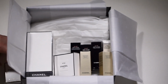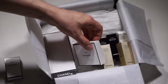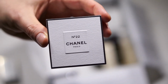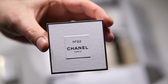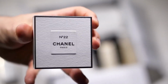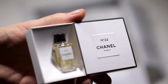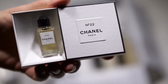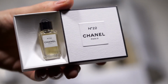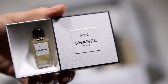What else do we got there? Let's move this here. Number 22, you know, I love my Chanel No. 22, the Eau de Toilette and the pure perfume. From time to time, they do get these luxury 4 milliliter samples of the Eau de Parfum, of course. So I ask for it anyway, even though the Eau de Parfum is really not my cup of tea. The dry down on this one is not good on my skin,